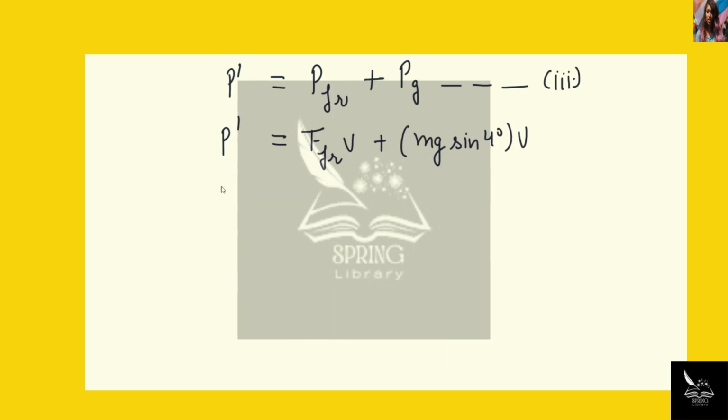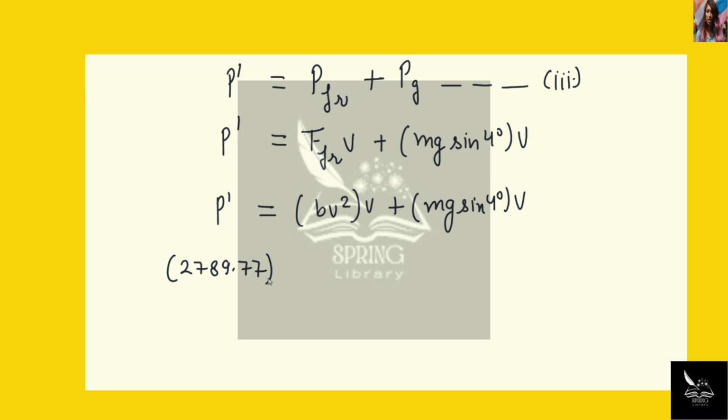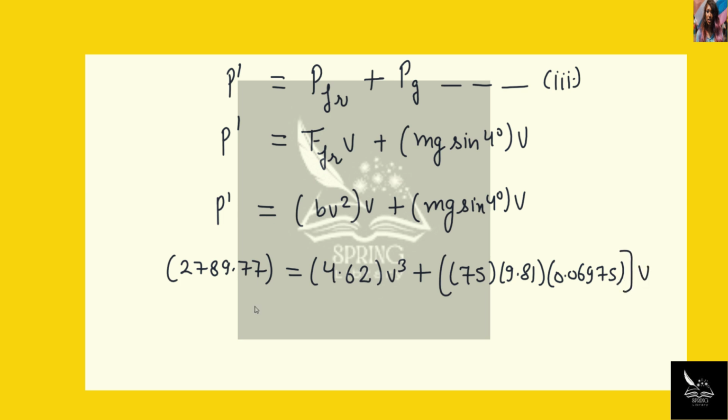Now here we can write this as P dash equals to b multiplied by V square multiplied by V plus m multiplied by g multiplied by sine 4 degree multiplied by V. Now on substituting the value, we get 2789.77 equals to 4.62 multiplied by V to the power 3 plus 75 multiplied by 9.81 multiplied by 0.06975 multiplied by V. Now on simplifying this and then rearranging this in terms of V, we get V equals to